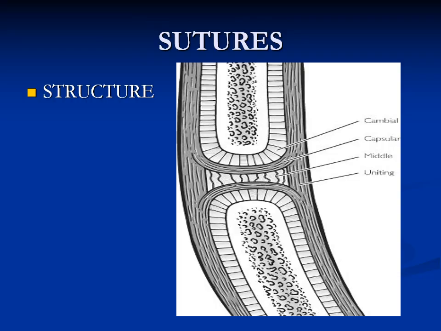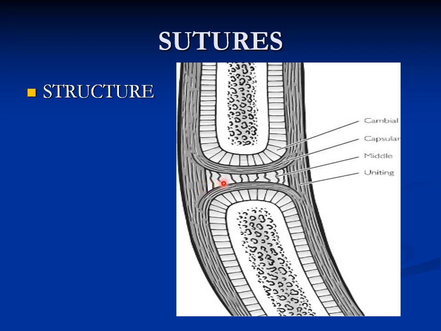Now, what is the structure of a suture? Student, that is very important. Please mark it important, because sometimes there is a question to write a note on the structure of the sutures. For the structure of the sutures, you must remember that definitely a suture must be between two bones. So here you can see this is bone number 1 and this is bone number 2. These two bones unite together with the help of fibrous tissue in a suture.